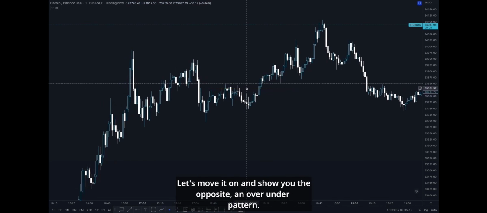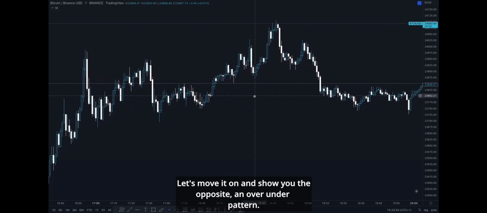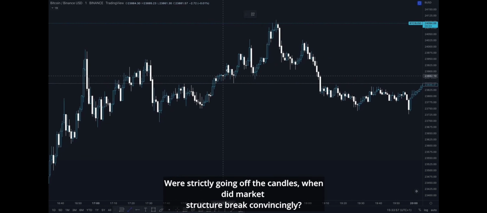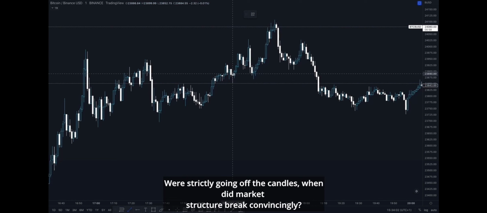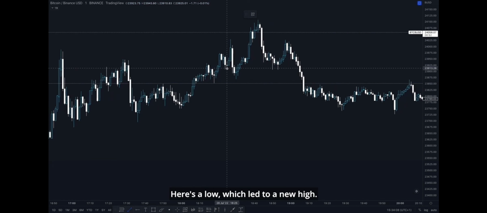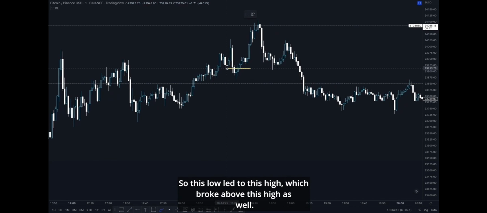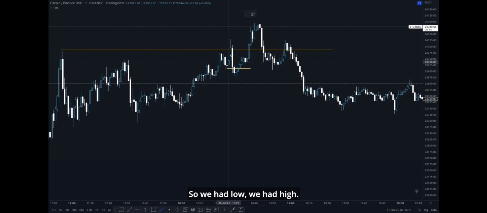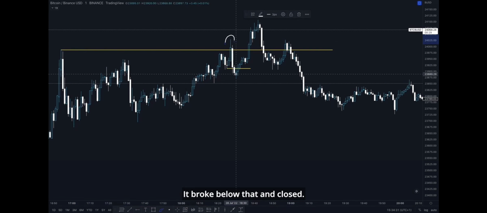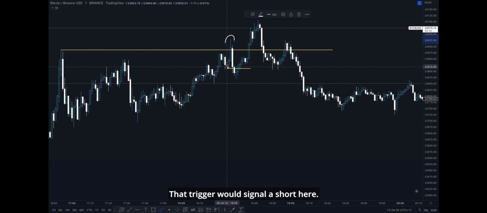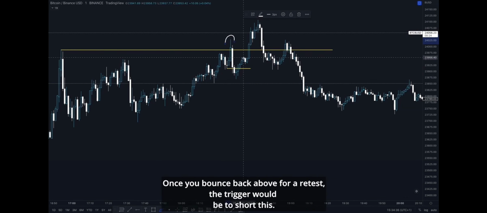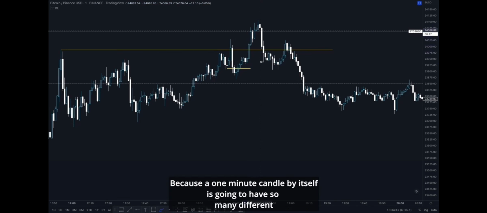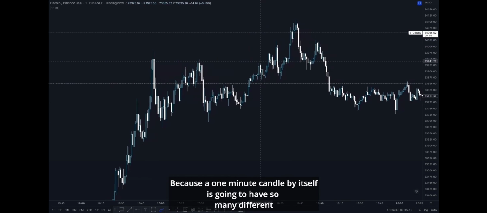Let's move it on and show you the opposite, an over-under pattern. We're strictly going off the candles. When did market structure break convincingly? Yeah, here's a good example. Here's a low, which led to a new high. So this low led to this high, which broke above this high as well. It actually broke above pretty high time frame level. So we had low, we had high. We broke below that and closed. So that would say what? That trigger would signal a short here. Once you bounce back above for a retest, the trigger would be to short this. Gets blown out. Because a 1 minute candle by itself is going to have so many different variables that it's